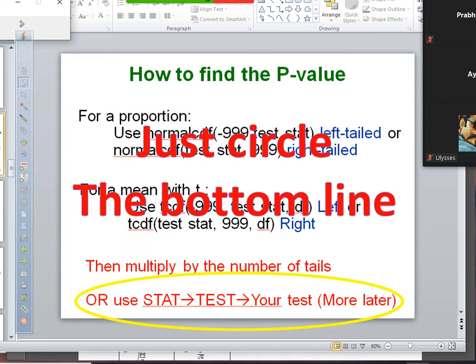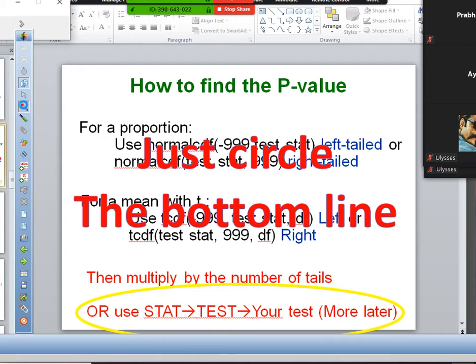Okay, so now we are going to not get into this confusing other part. I don't want to go there with you guys. We have enough things to worry about. So we are going to circle the bottom part.